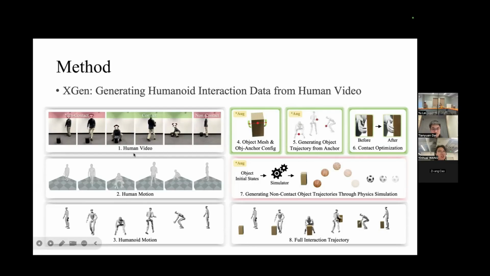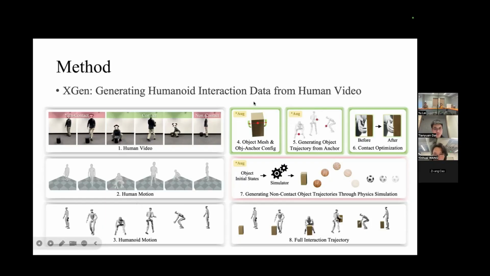The second step is to retarget the human motion into humanoid motion. Those steps are quite mature. For example, GMR is a very useful tool, and in this work we use GMR to do steps 1, 2, 3. So the core steps lie in the right part.